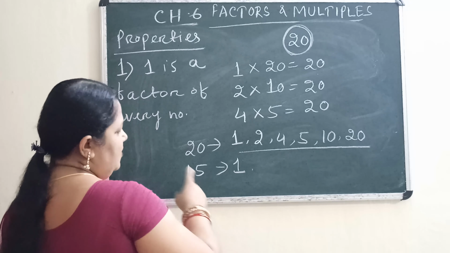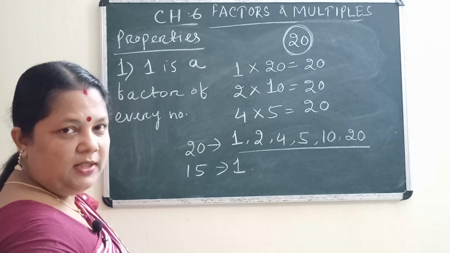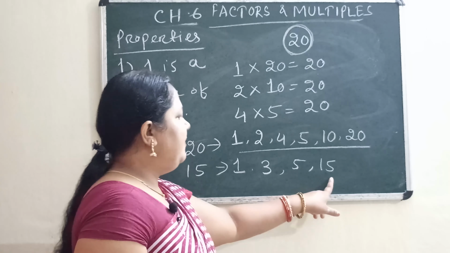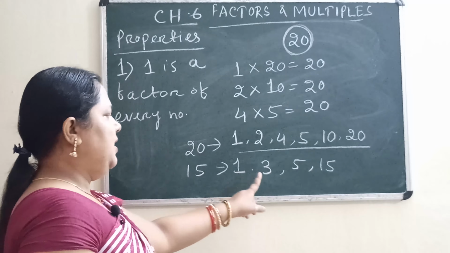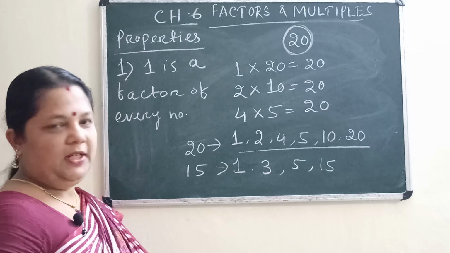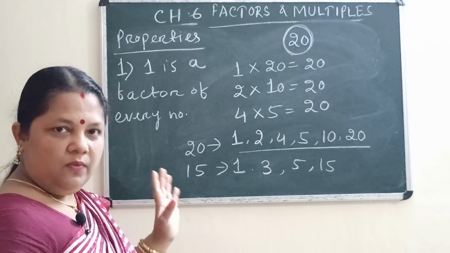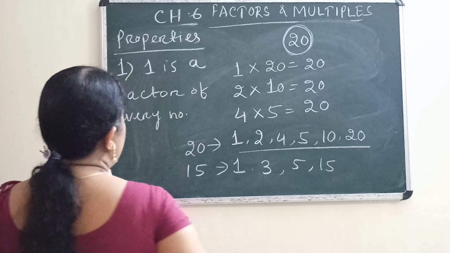Okay. Then it is not divisible by 2, that means 2 is not a factor. Then 3 5s are 15, yes or no? So 3 is a factor, 5 is a factor. And after that it again comes to 15. That means 1 15s are 15, 15 1s are 15, 3 5s are 15, 5 3s are 15. Here also you can see it starts from 1 and ends with the number itself. Clear? So number 1 property: 1 is a factor of every number. Why? Because every number is divisible by 1. Okay.